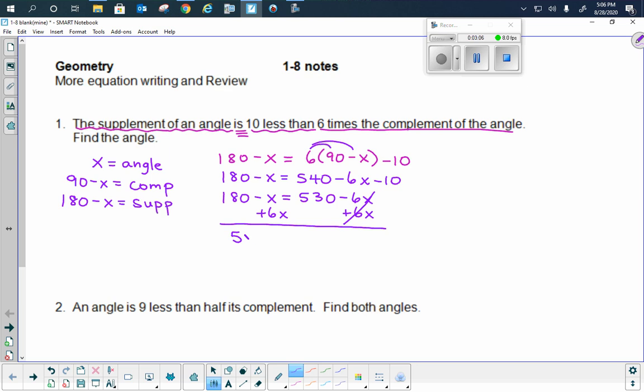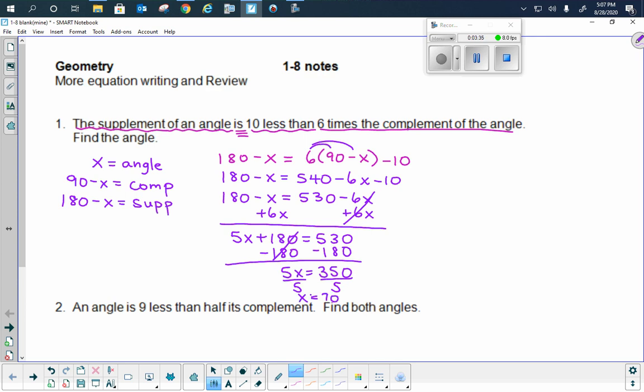I'm going to have 5X. Bring down that 180, okay, equals 530. And then I'm going to subtract 180. That go away. And therefore, 5X equals 350. Divide by 5. And X will equal